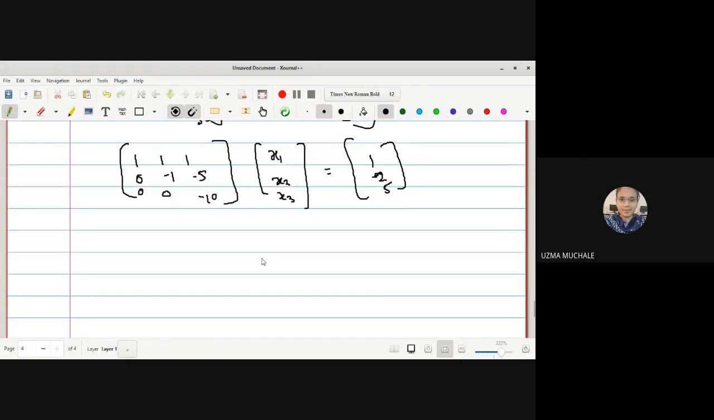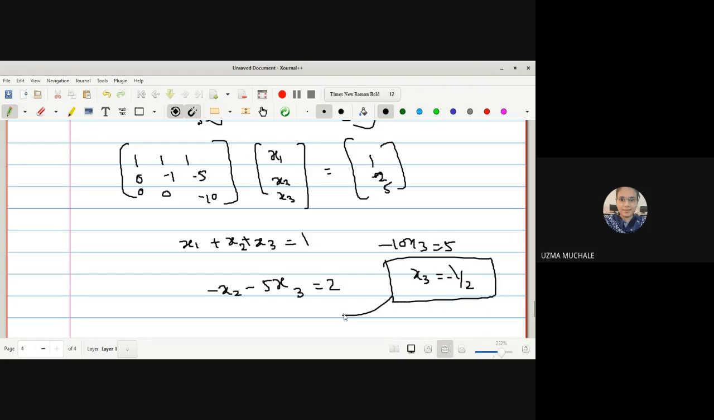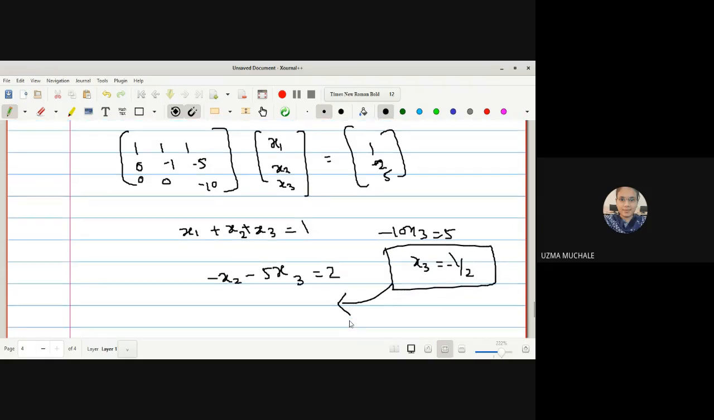Okay. Now here you can get the value of x3 directly. So you can solve to get the values of x2 and x1. Minus x2 minus 5 x3 equal to 2. And minus 10 x3 is equal to 5, which means that x3 is equal to minus half. Putting again in this equation, we get